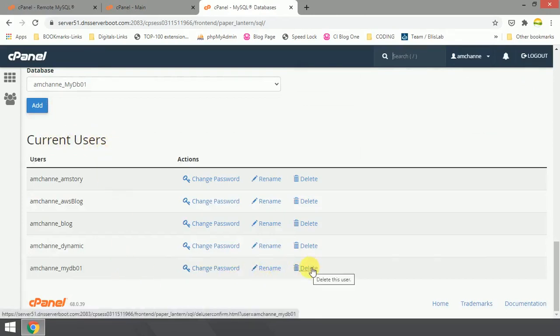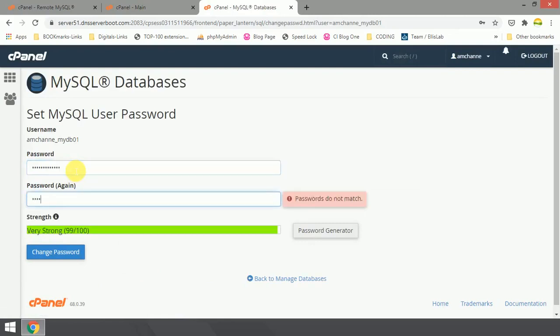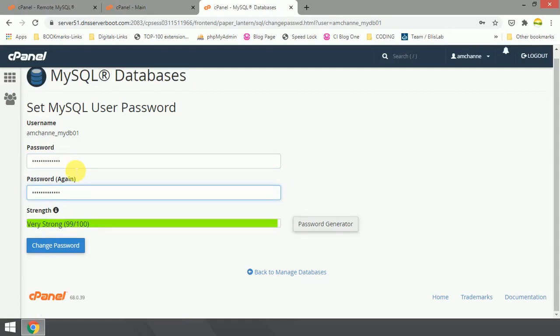Directly I will click on delete, or if I want, I will change the password of this user. If I do not remember this password, I can change the password from here itself. Change password, the new password should be whatever password you want. Make sure you assign a strong password.